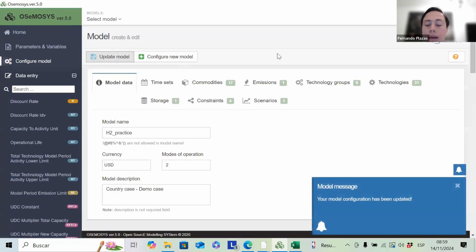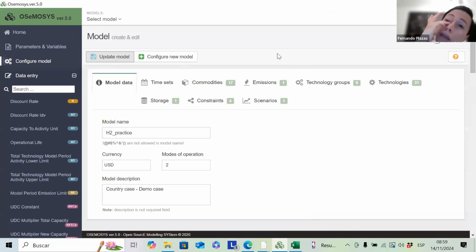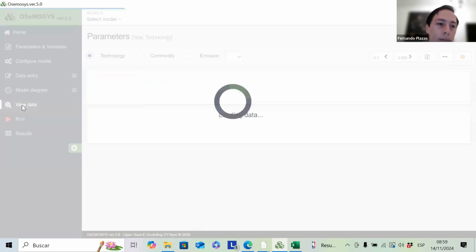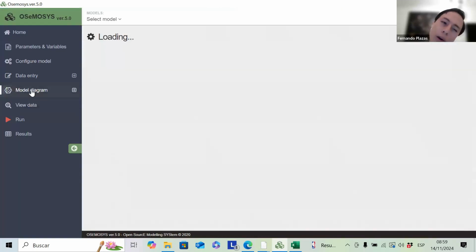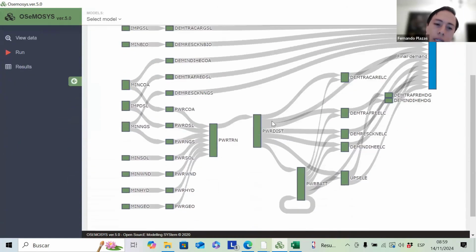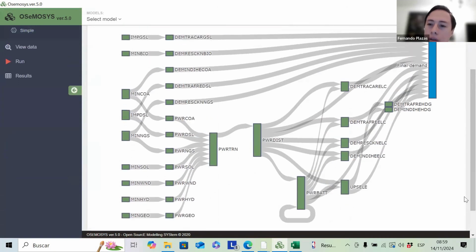configure model. And after including the input and the output activity ratios, it's like you are creating the links between the technologies. So if you want to check that everything is fine, you can go to model diagram, go to simple. Obviously you can see it here as well, right? So for example, you see here that we have